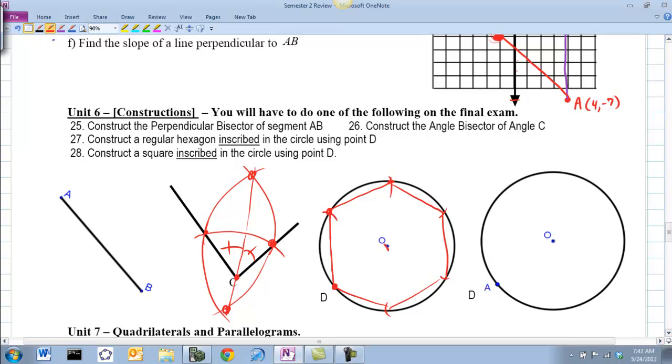For number 28, construct a square inscribed in the circle using point D. I think we mean maybe point A, but who cares? This point right here. One of the key ingredients of a square, and this is how it was easiest to make squares,